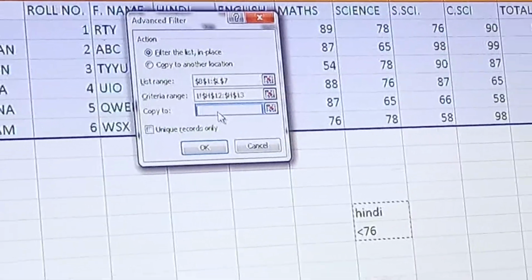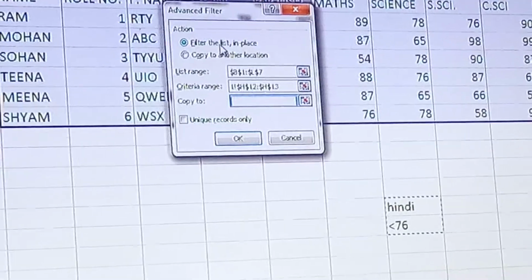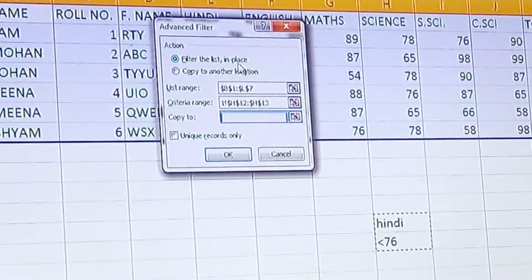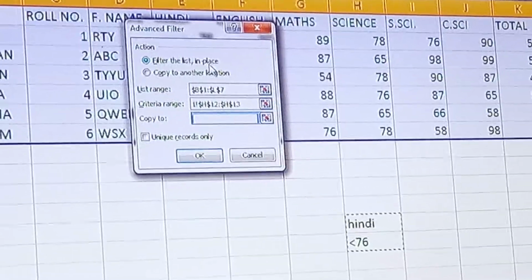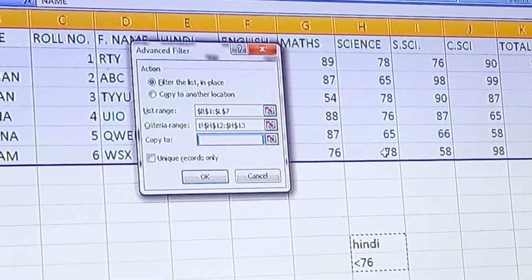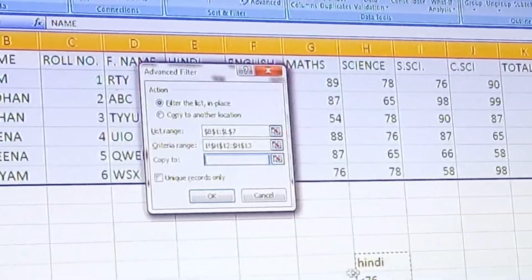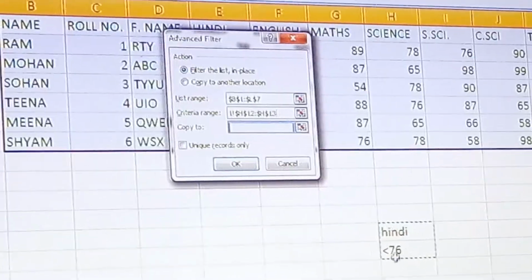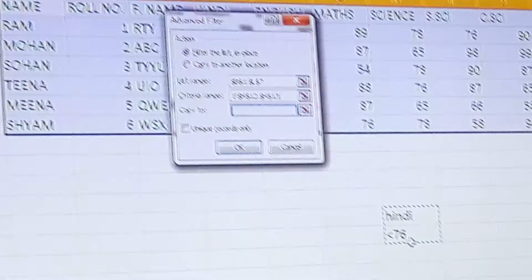I will explain it. First I will take the action Filter the list in place. Whatever condition is given here, it will extract and show only those records which satisfy the condition, marks less than 76 in Hindi.